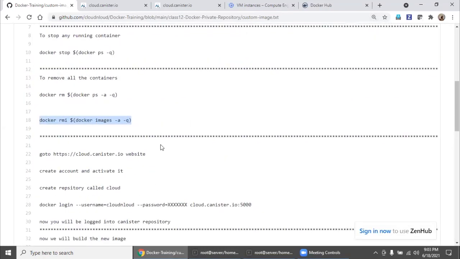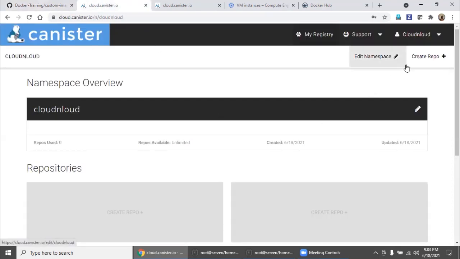For the private repository, go to cloud.kanister.io and register, and you will get a mail to activate your account. Activate it, then go inside, and there is a create repo option.